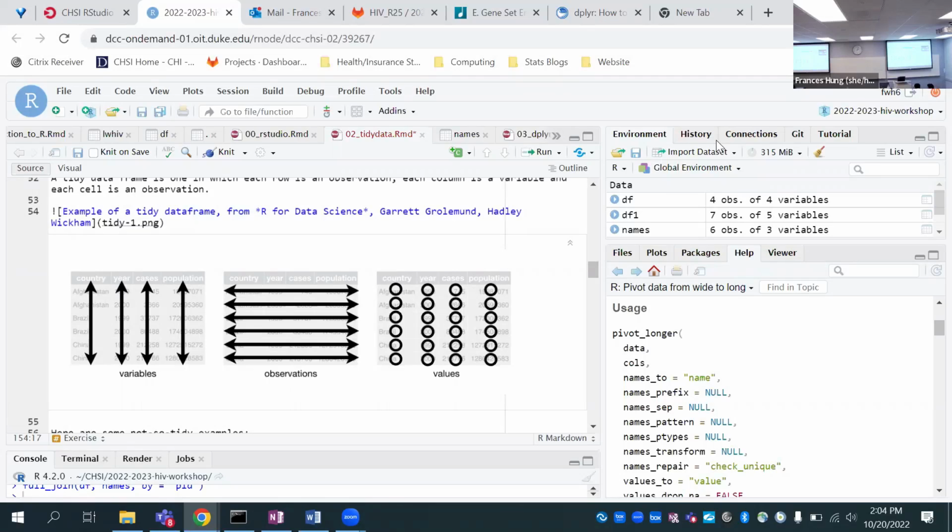That's a workshop series. It's another two weeks, and then basically bring your own data.